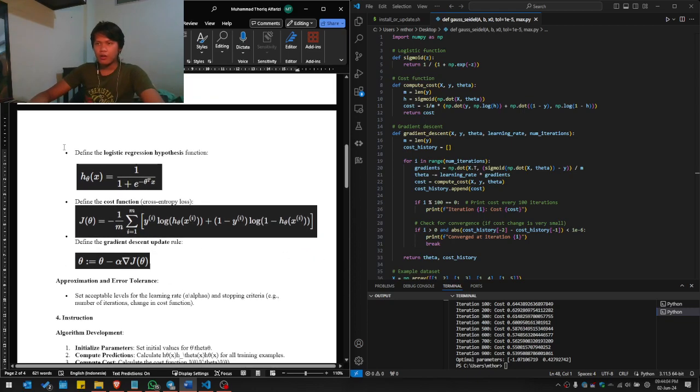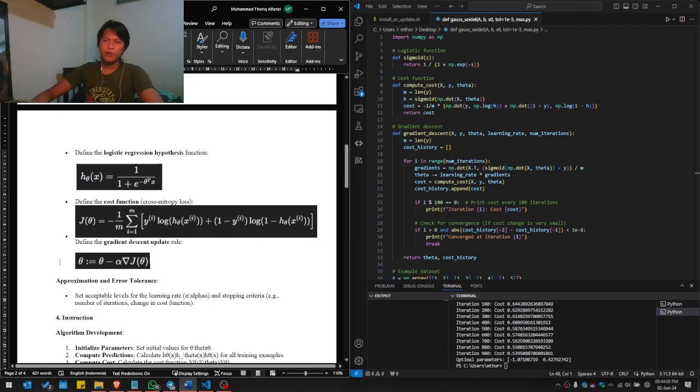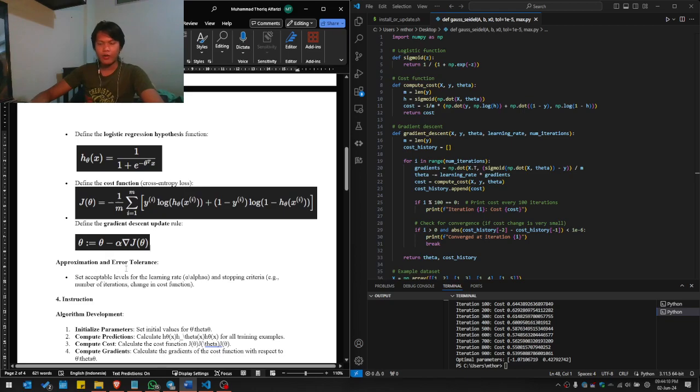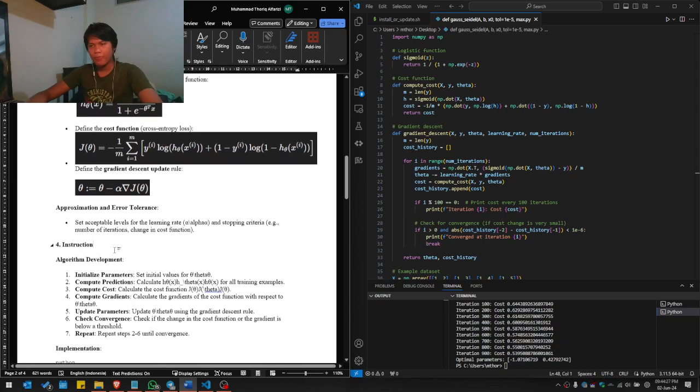After we have the mathematical model, we can approximate and set the error tolerance. By that, we set acceptable levels for the learning rate, alpha, and stopping criteria, for example